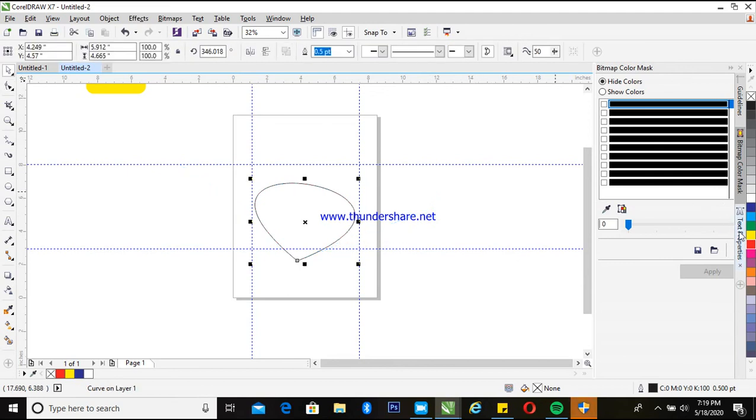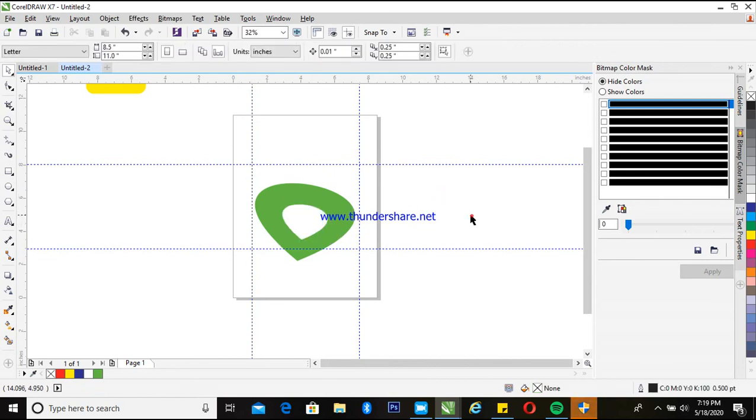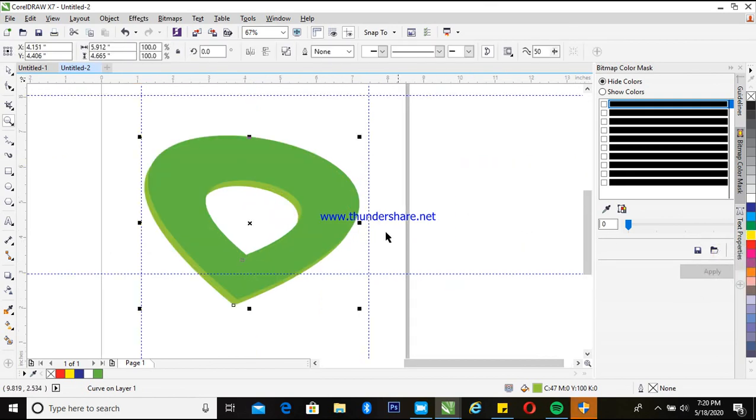Alright, so let me give this color. Okay, just look here. I want to merge this. Just follow me. Can you see this? Now, if you know the salad logo